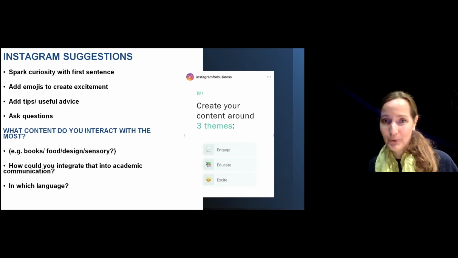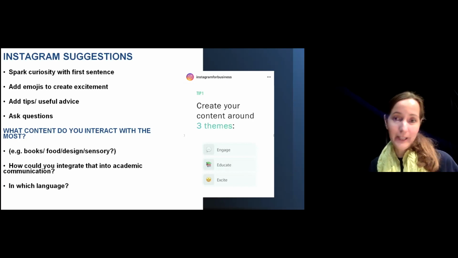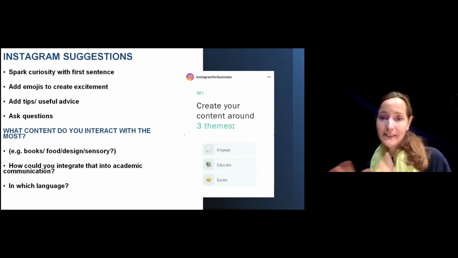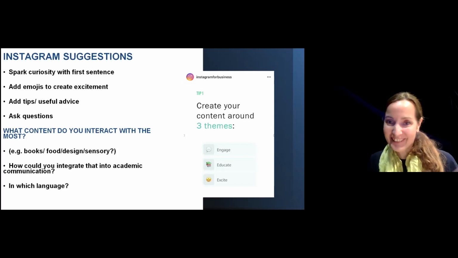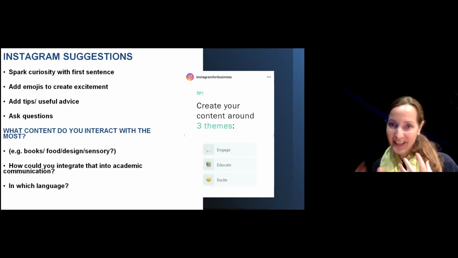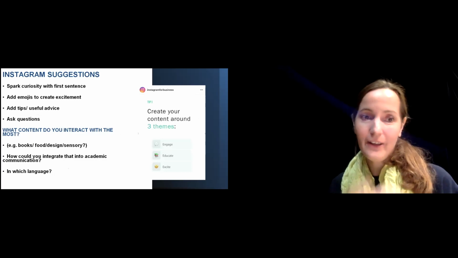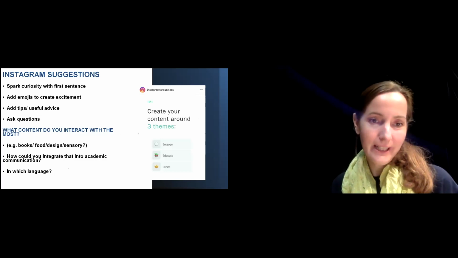I know quite a few academics, especially in the US, who are really big foodies, and they're constantly posting food, but also connected to this is the food they ate at this conference. This is the food they ate during the lunch break. This is the food that helps them get through the day when they're having a rough day and a lot of teaching to do, or how many coffees they drank today. So all of that goes back to that authentic content, and food can be great for that. Sensory content of any kind can be really fantastic.